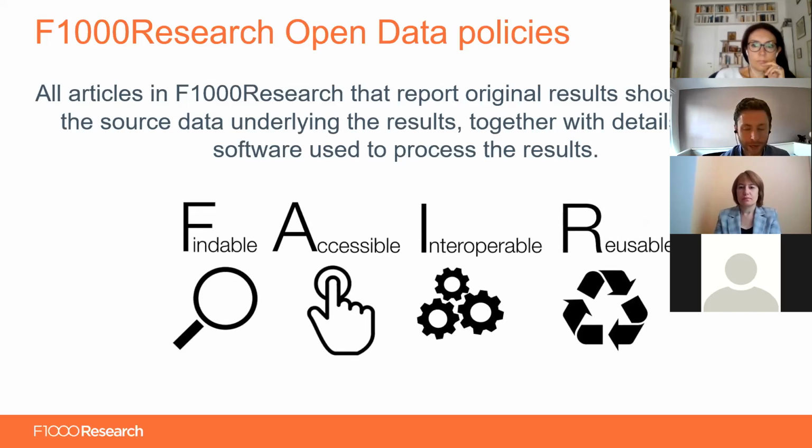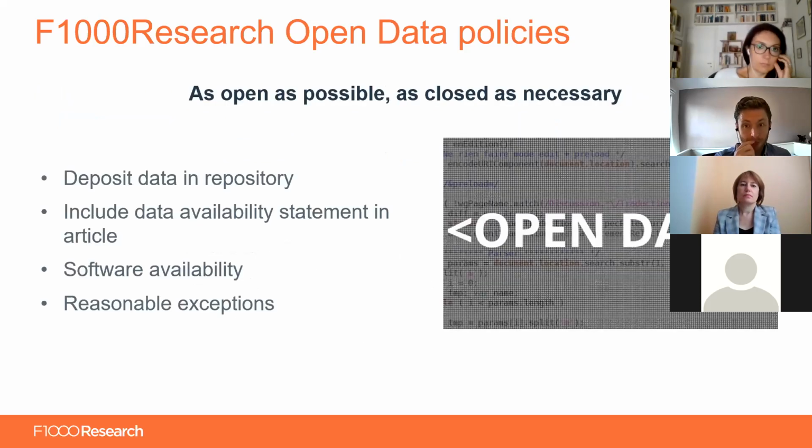And I'll just go over a bit later about how our policies for authors support those FAIR data principles as well. It's worth just noting that submitting authors who are unable to provide the source data for publication without a reasonable justification, that's probably our most common reason we find for articles being rejected or unable to be published on the platform. So just in a bit more detail in terms of the article data policies that we have